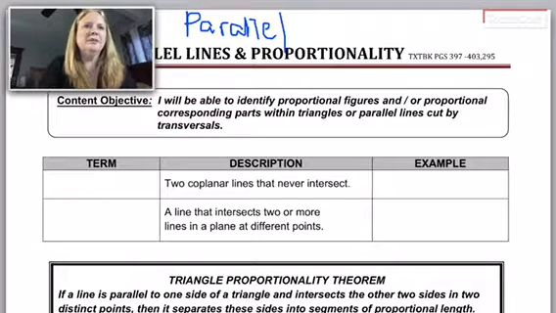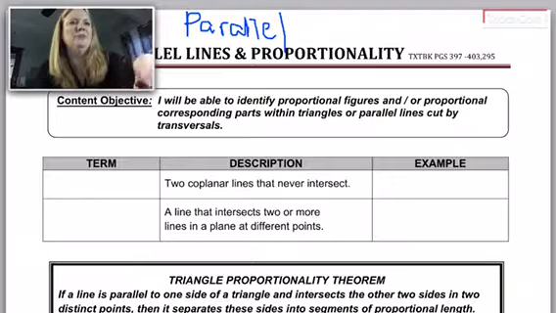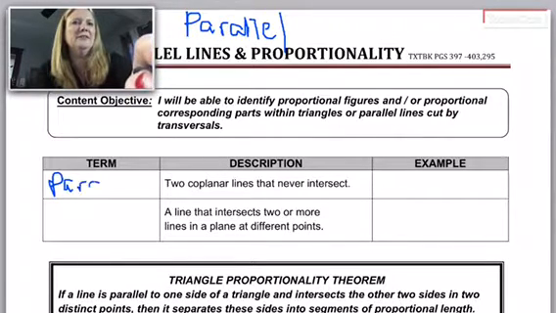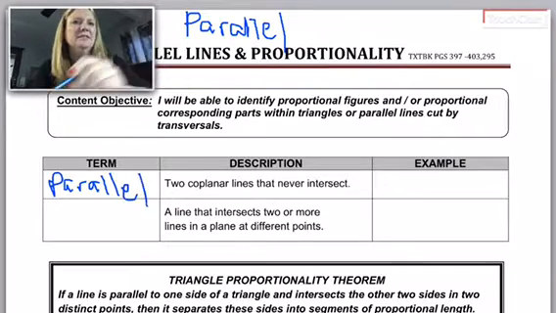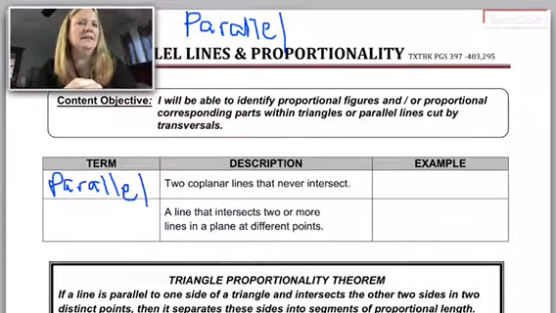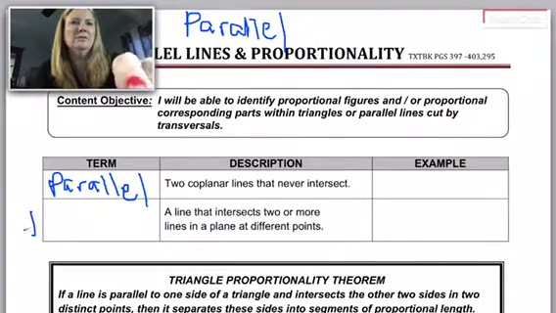This lesson is parallel lines and proportionality. The objective says I'll be able to identify proportional figures and/or proportional corresponding parts within triangles or parallel lines cut by transversals. So some review: parallel lines are two coplanar lines that never intersect, and a transversal